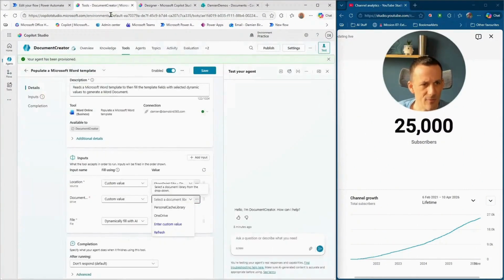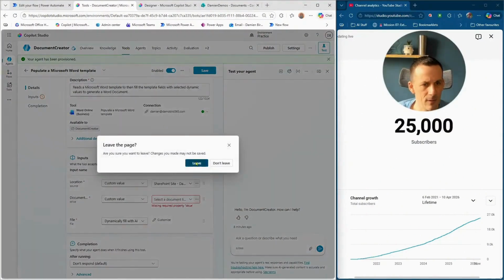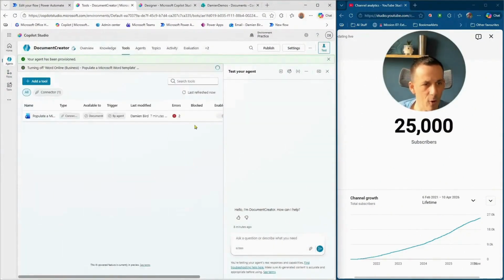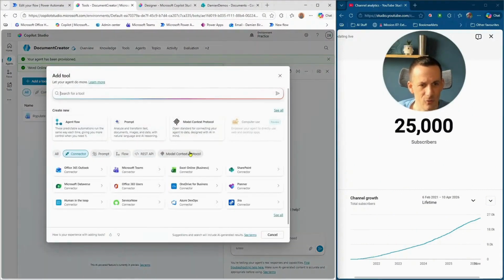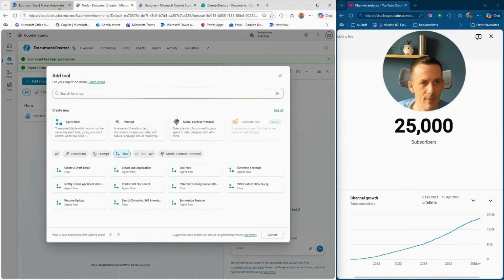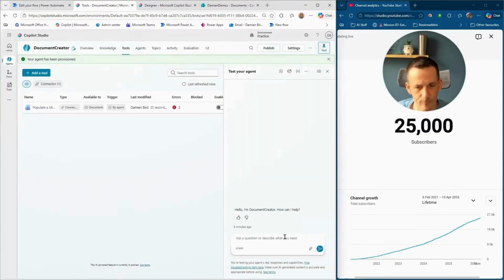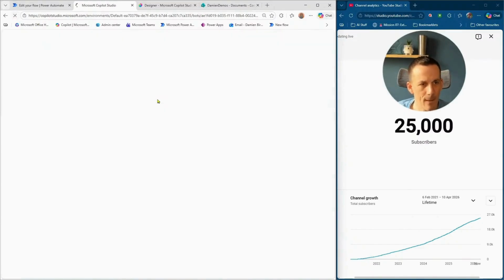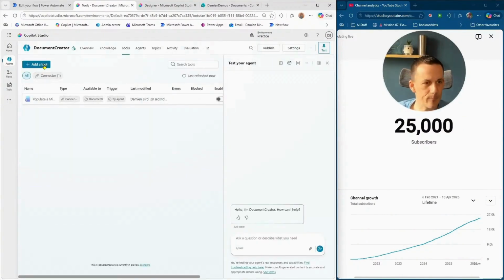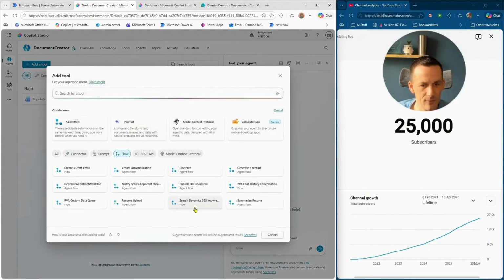Right, so that's it created. I'm going to leave this and we'll turn off that Populate a Word document because we're not actually going to use it. And into Tools, into Flows, and I called it Generate a Word Contract Document. Let me do a refresh, and then we'll go and search for it again, and hopefully it'll arrive. It will appear. So add a tool into Flows, generate, there we go, it's arrived. We can choose it,